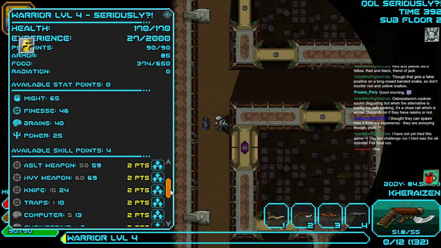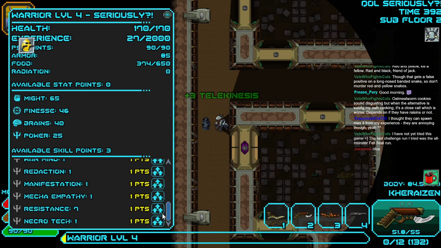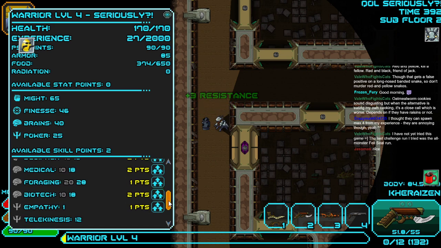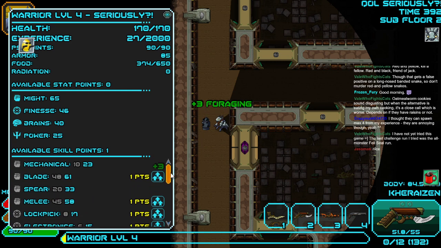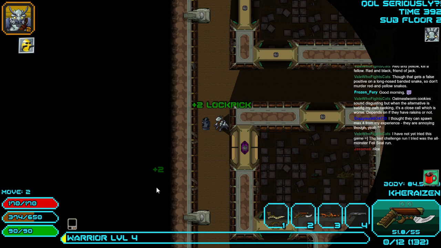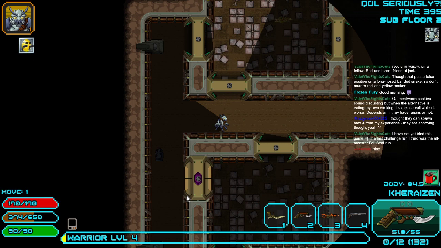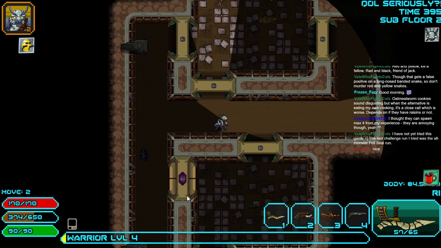Alright, what do we got here? Definitely telekinesis again. Definitely resistance again. Definitely foraging again, because just foraging makes up for a lack in so many other things. I feel like we probably want to take lockpick, because we need to be able to open more of these doors. I mean, we're still several levels off from that being even remotely viable, but...